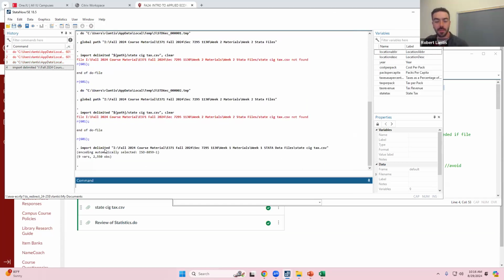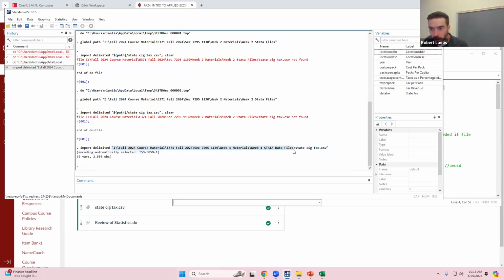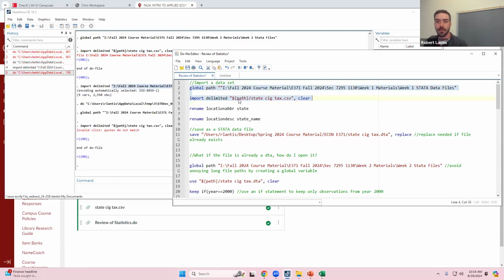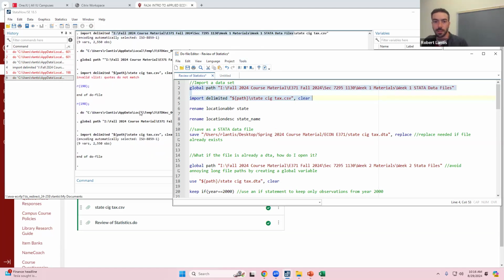So I can still show it to you now that I know. Here was the correct one, so I'll copy that. It was not in week 2, it was in week 1. So I made an error as to where the file was, but if I did have the correct folder, I set that global, use that path. Oh, it's because the dash is going the wrong way. Hold on. I changed that, didn't I? Yeah, there we go. Oh, and I accidentally deleted my thing. There we go. Now that I have the correct folder, I can use that global path, or, like I said, I can always just open it up manually using the interface.